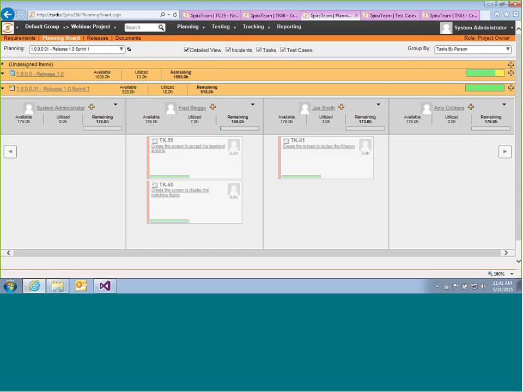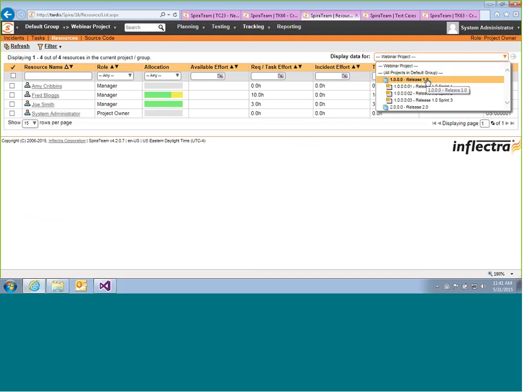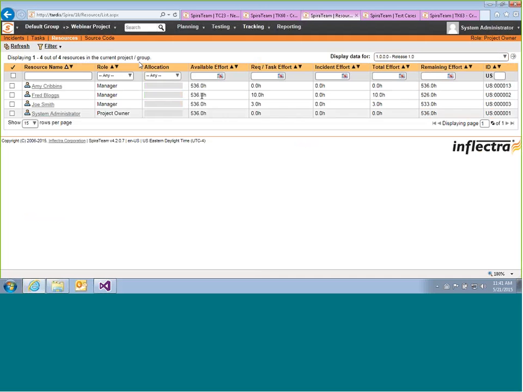So as well as this functionality, which you've already seen, there's also a central resource view. If I go tracking resources, I can view the people on the project and see essentially their allocation and how much time they have. So I can choose a particular release or sprint, and it'll show me how much time is available. And that gray bar shows there's a very small amount of green on the left, 2% allocated, and Joe's 1% allocated. If I change it to sprint 1, it gets a little bigger because it's a bigger percentage. And if I drill down,